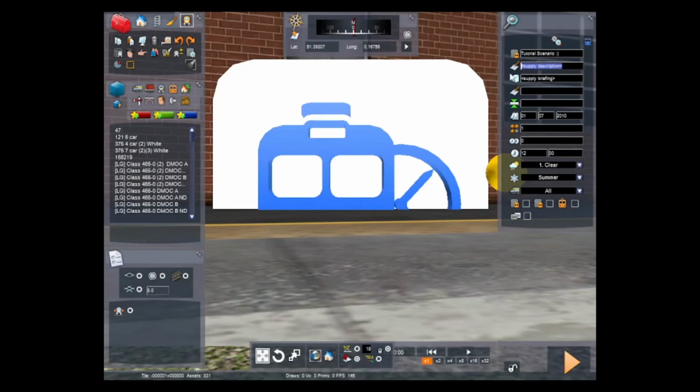So I'll just put for tutorial for YouTube. And then briefing, I'll just put drive the train. Again, a crucial part of the game plan is what train the player is going to be driving. So I'm going to say the player's driving a 465. Drive this